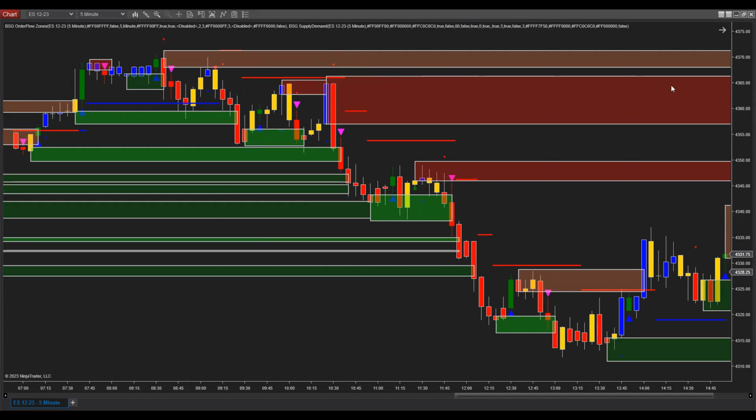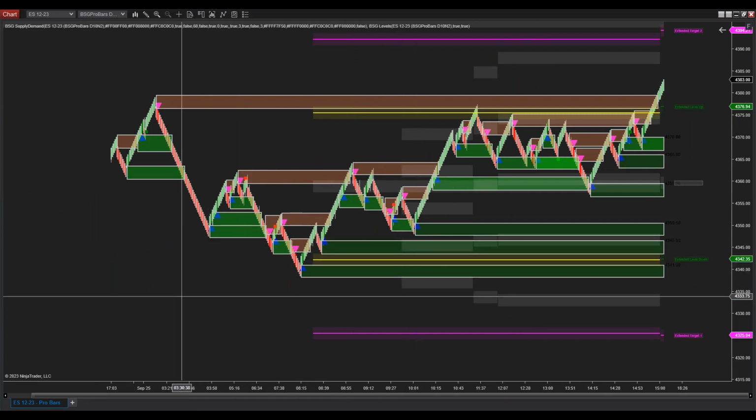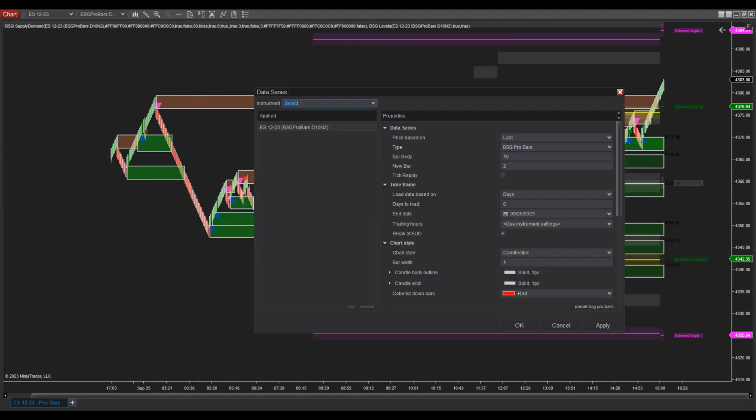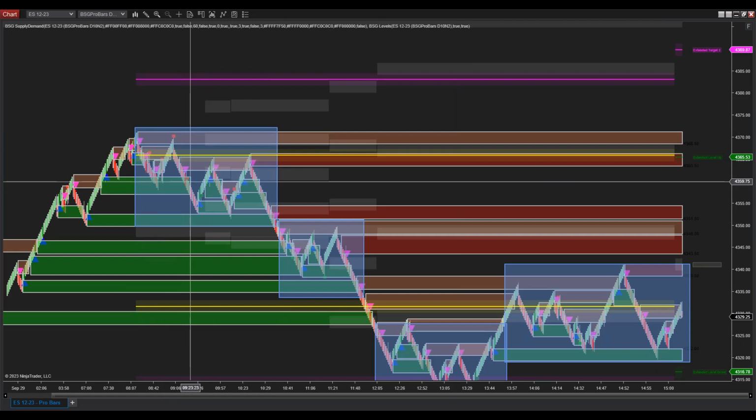Now go back to the trading chart. What day was that? I think it was Friday. Let's go back to Friday. Okay, now it's loading up. So now on the higher time frame 5-minute chart, based on order flow zones, I know which direction I